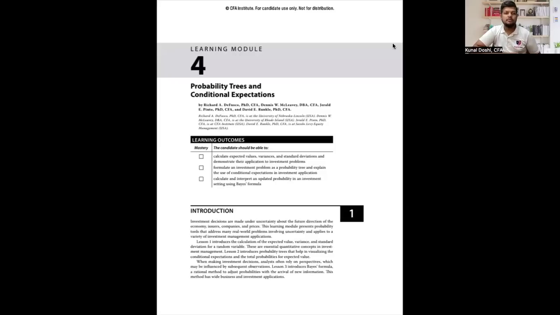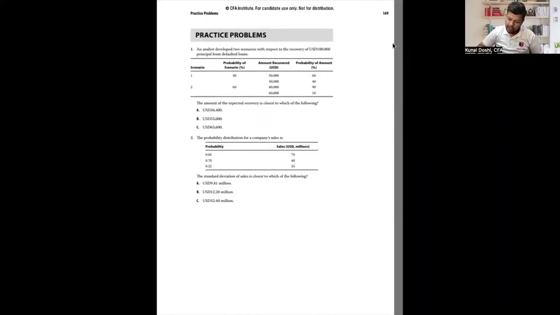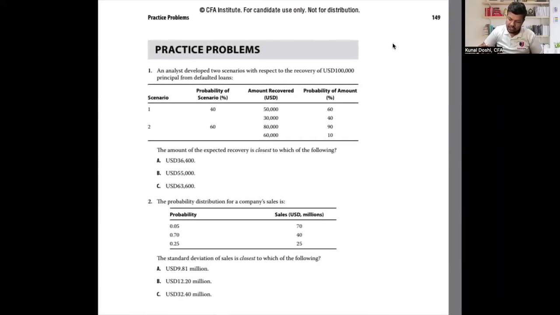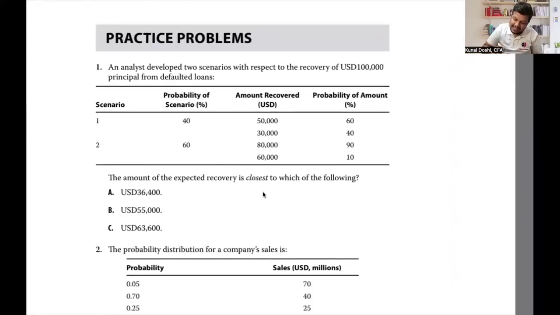Okay, now we are doing probabilities. This and the next reading of portfolio mathematics are both related to probability. In this question number 1, we've been asked: analysts develop two scenarios with respect to the recovery of